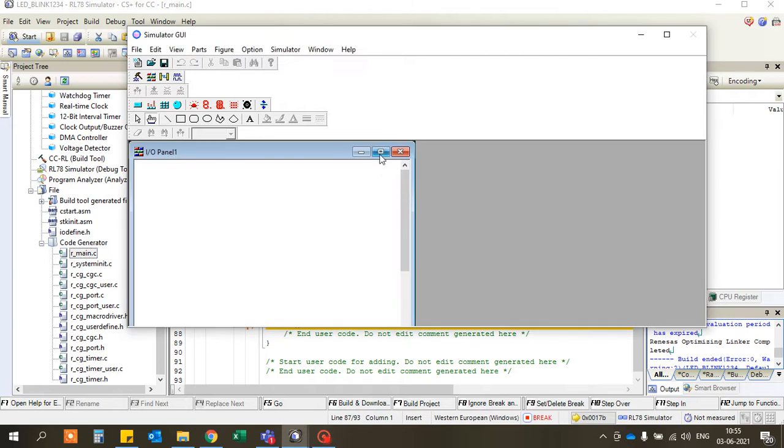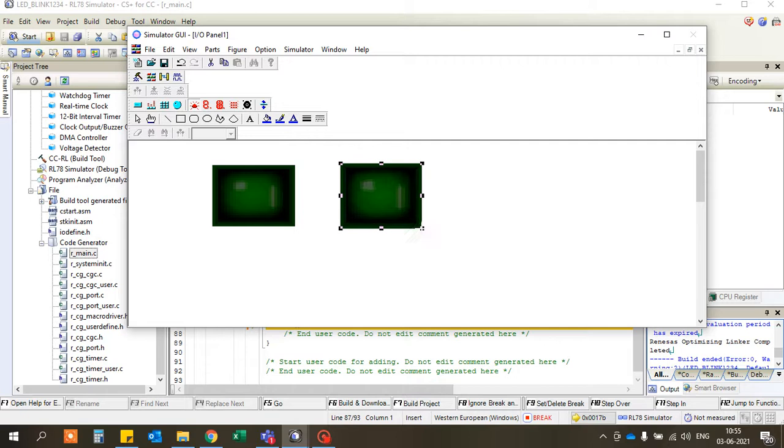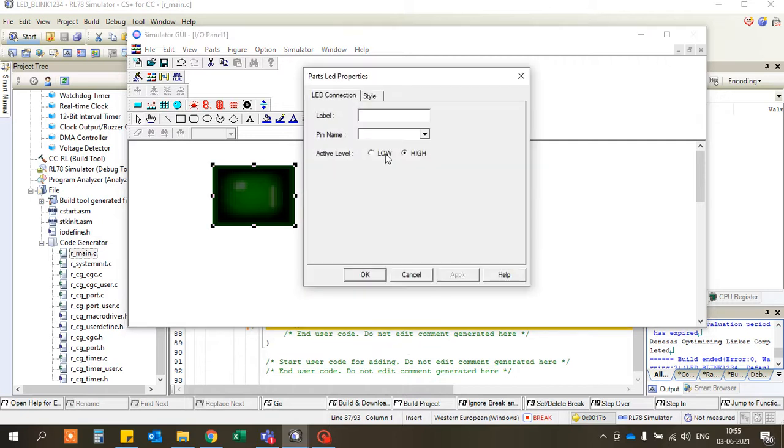Okay, I have paused this video because I don't want to make this video longer. Here some options are open. We have to select the LEDs. These are LEDs. I have to open LEDs. One LED, two LED. Now double click on LED 1. Then select your port.